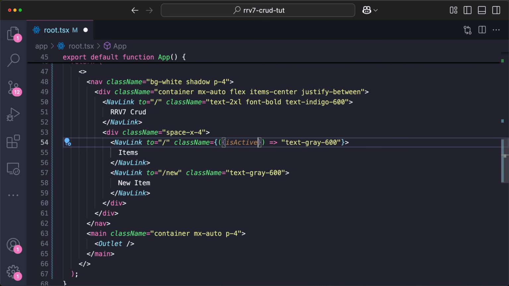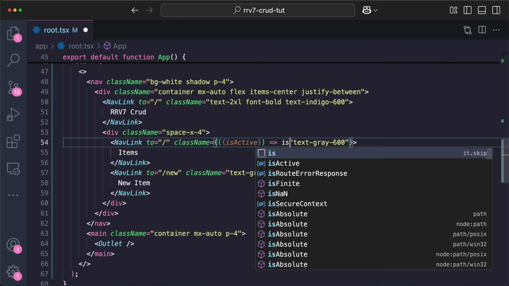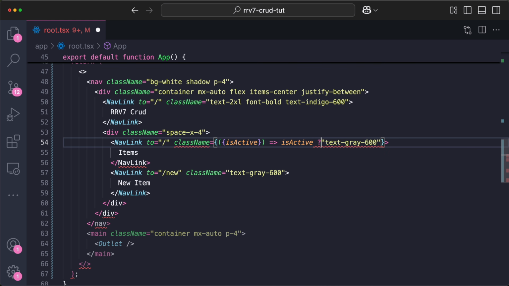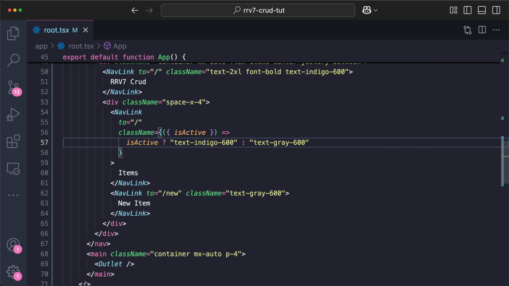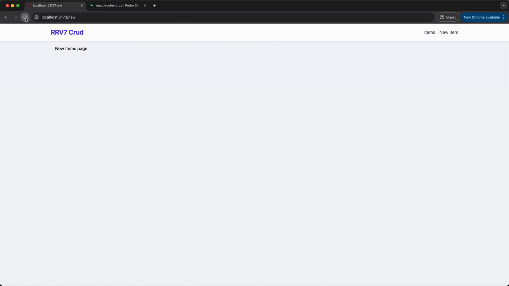So isActive will basically tell us, are we in this page? Are we in the page where this link is referring to? Because if it is, then a cool thing we can do is we can actually change the color of it, change the color of the actual link to kind of indicate which page we're in. So I'll copy this, I'll put it over here, and I'll change this to text, I don't know, indigo, to match the other one, and you'll see that,